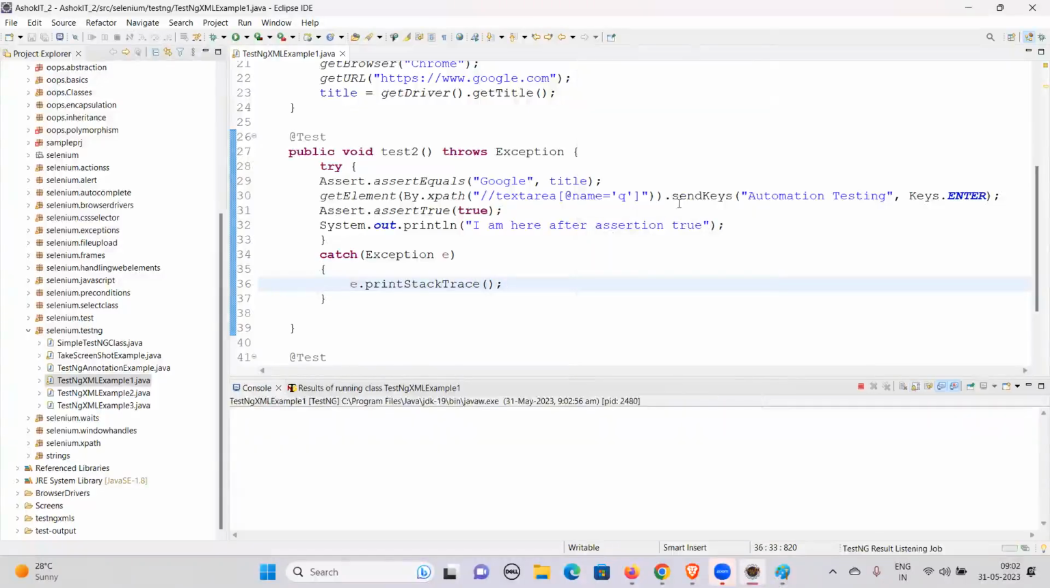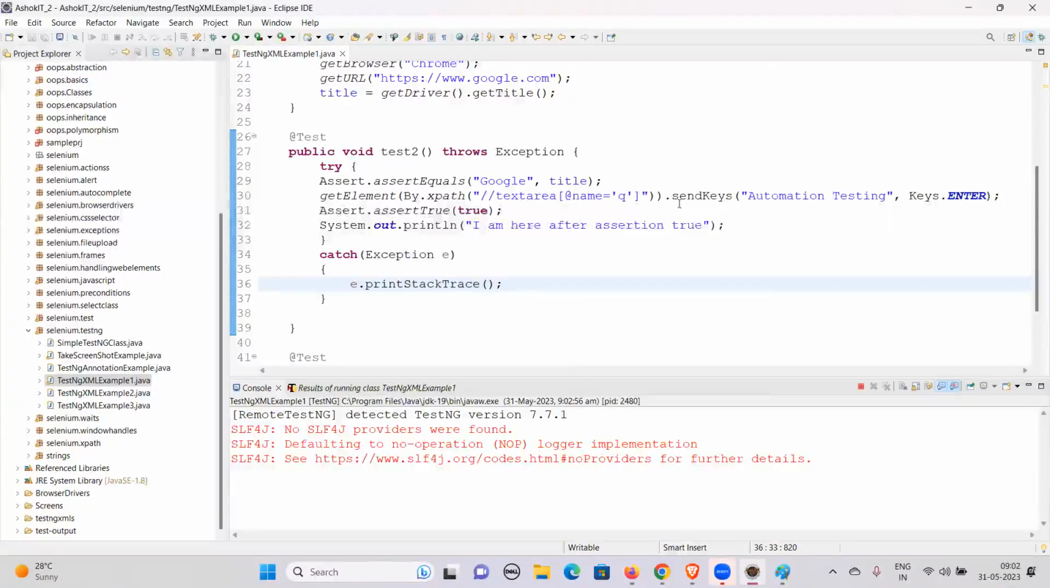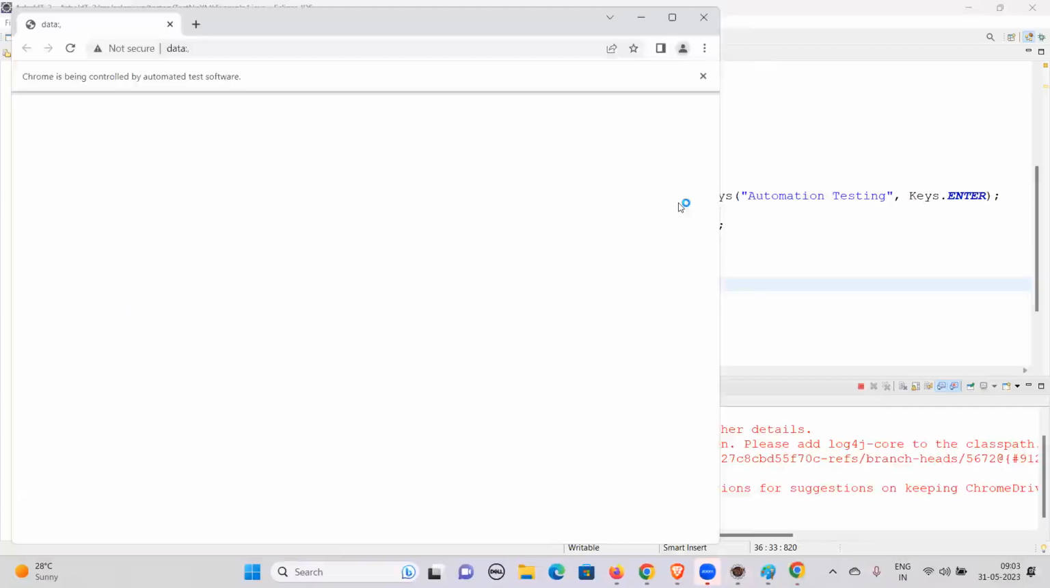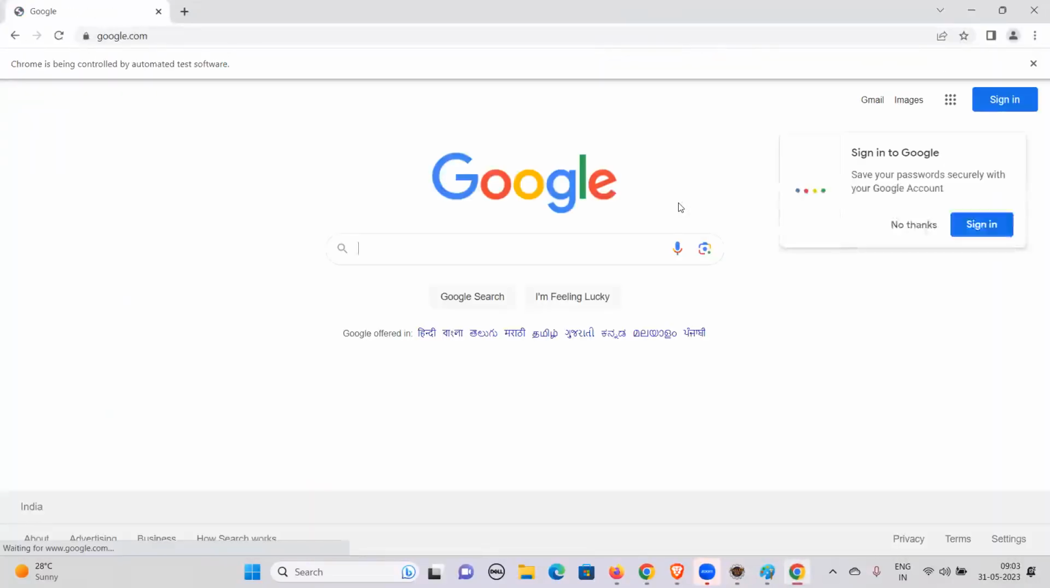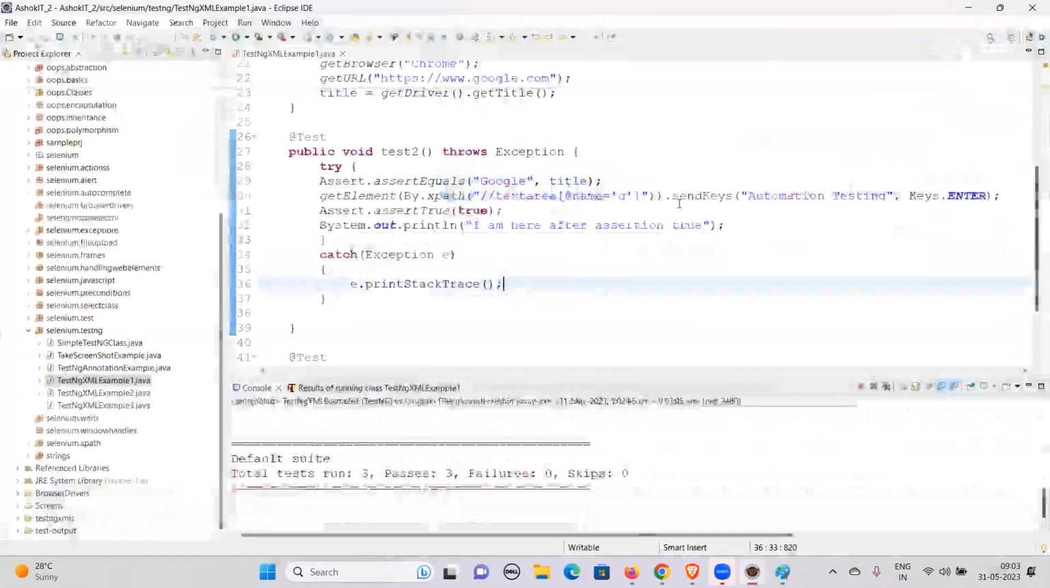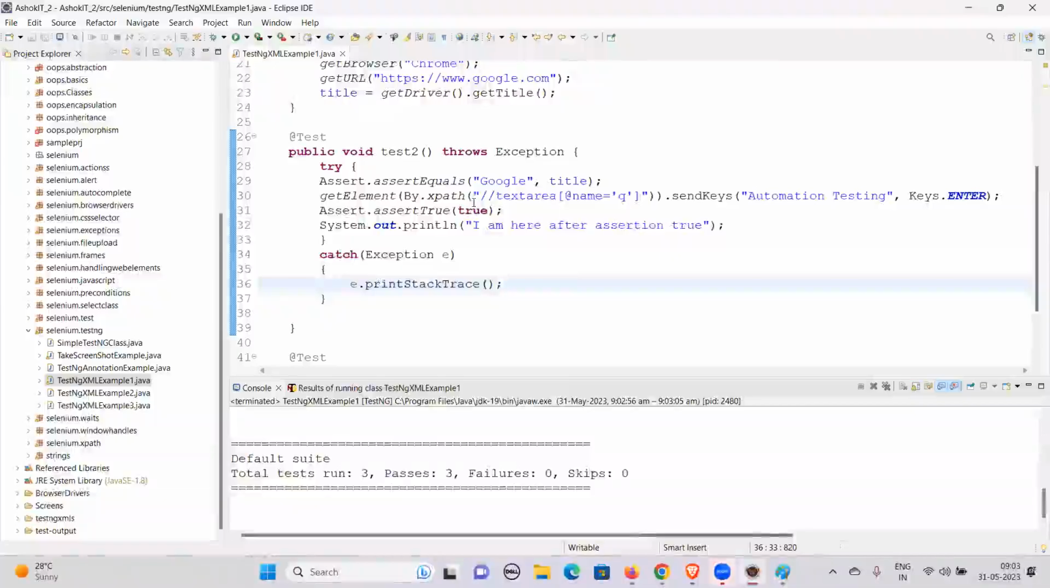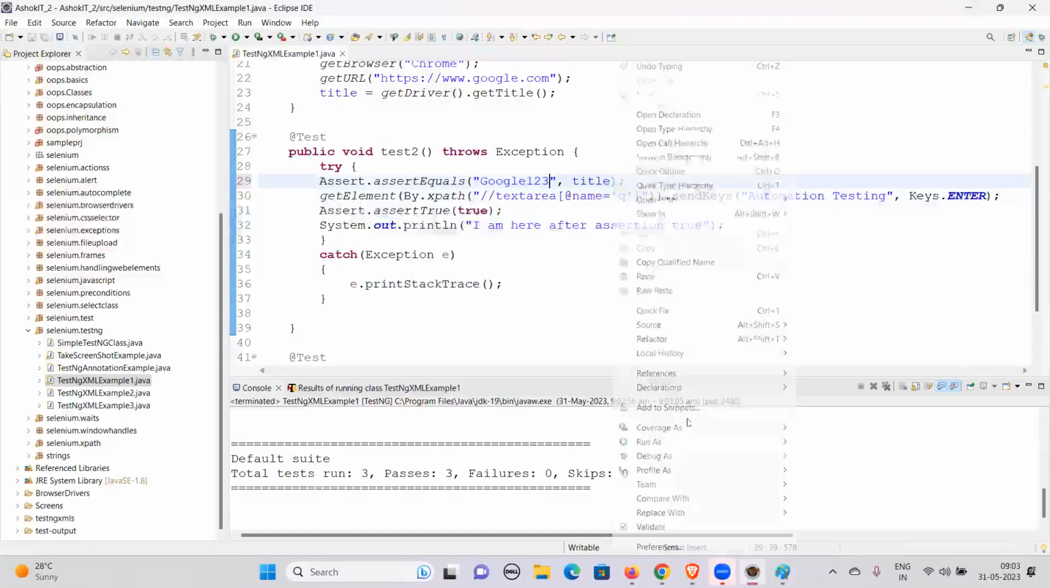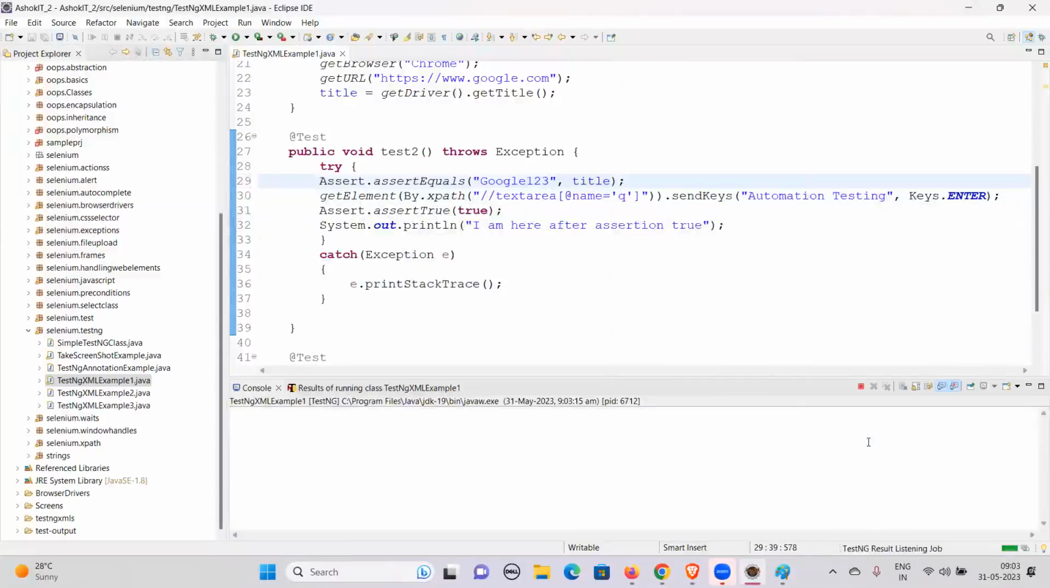Let's go ahead. Okay, we gave true, right? So I'm going to give it as, for example, 1 to 3. I just take 1 to 3. So the title is not matching, so it will